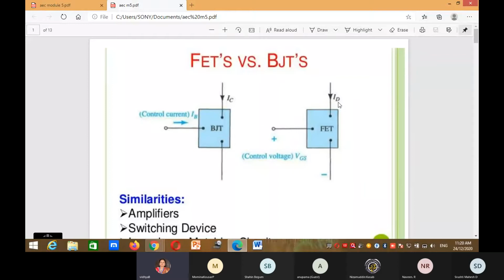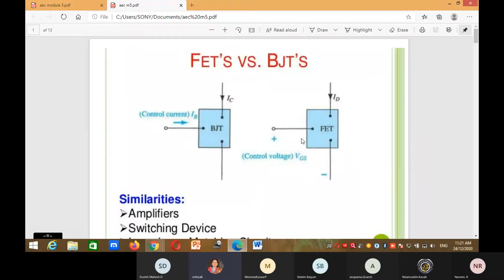The junction field effect transistor is abbreviated as JFET, or we can simply say FET. It is a semiconductor device like a BJT, which can be used as an amplifier or switch. FET is also a three terminal device. But the principle of operation of FET is completely different from that of BJT. That means the working and construction of FET are different from BJT.